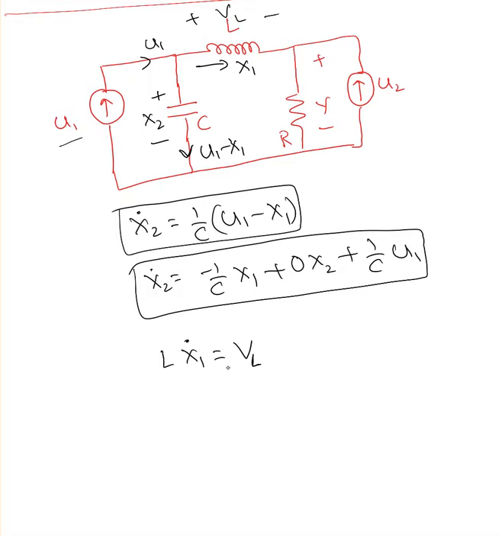But I shouldn't have another variable like that. It must be in terms of x1 and x2. Now, can I say my VL is the same